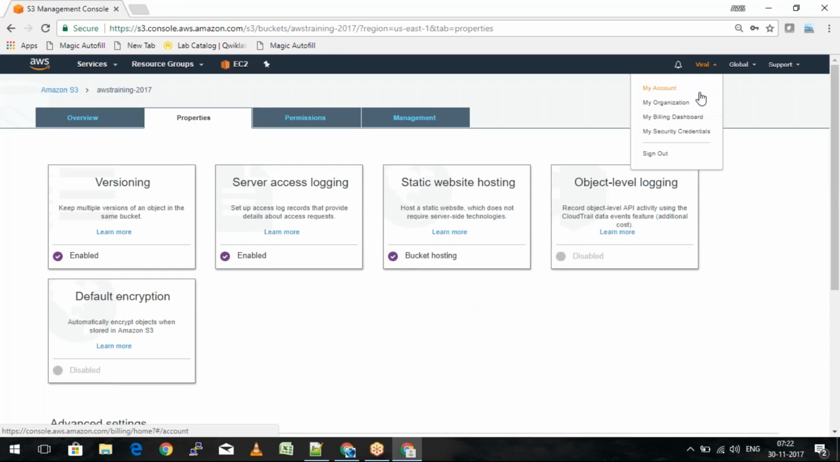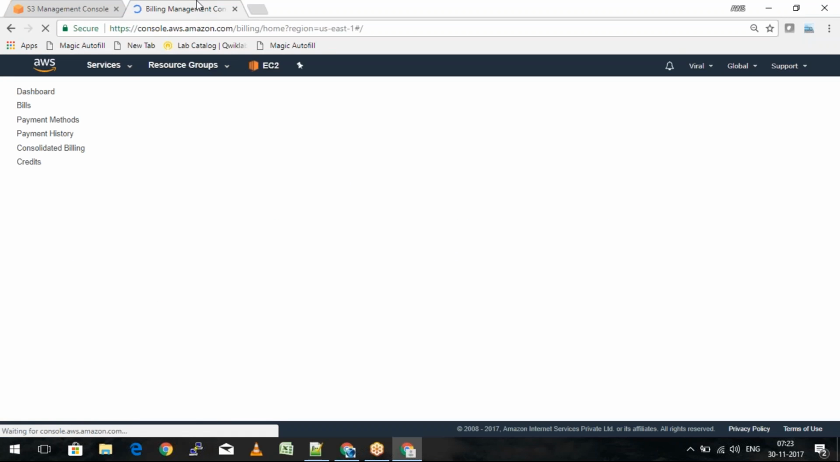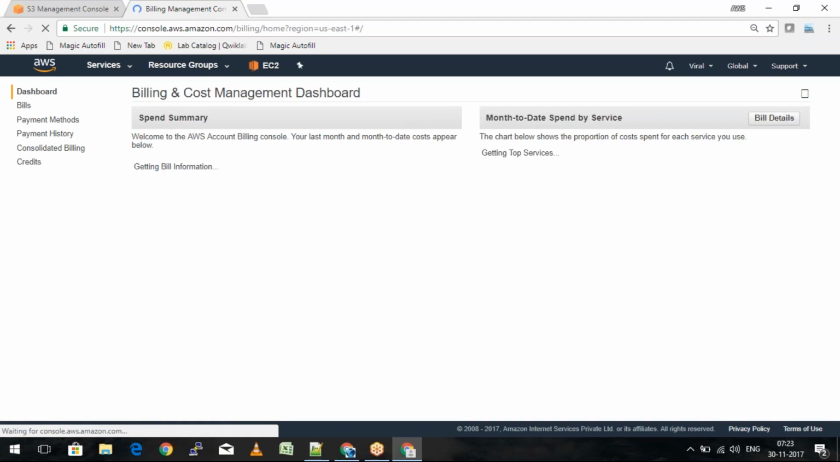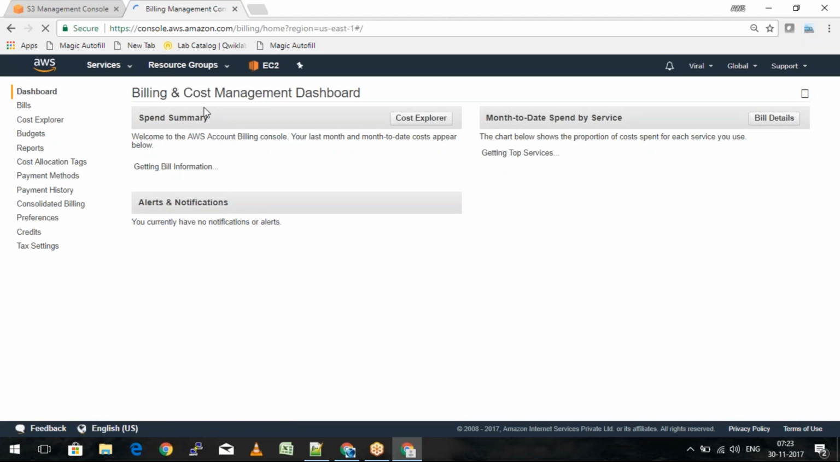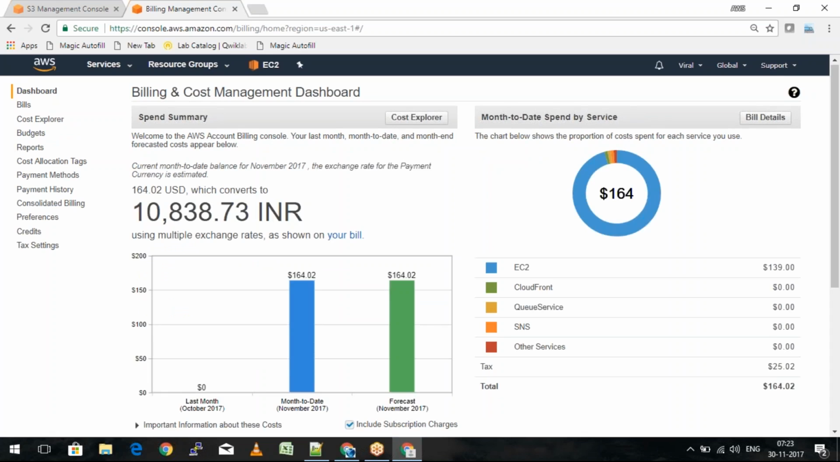So let me show you up here. I'll go down to my billing dashboard. If you go through once, you'll be able to get the clear notification here. It's still loading. Yeah, so there we go. If I scroll down the page, here it shows the number of S3 puts. If I go ahead and click on view all,